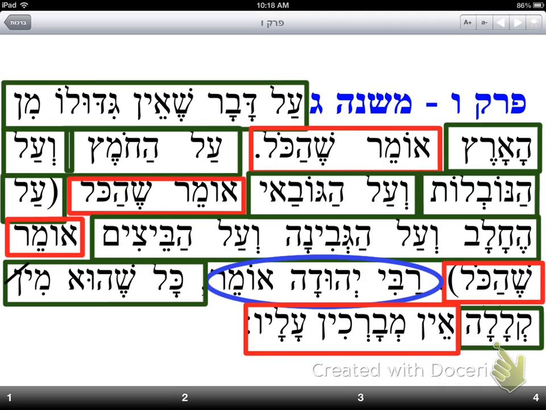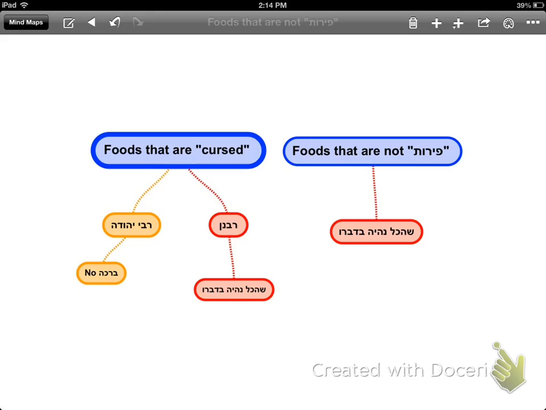So, to review, the Mishnah talks about 2 types of cases. First of all, it says foods that are not peros. So the bracha for those are shahakol niyeh b'dvaro. Anything that doesn't grow from the ground, you say shahakol. And then it says, but if there are foods that are cursed, there are bad foods. So that's inclusive in that are vinegar, which is bad wine,